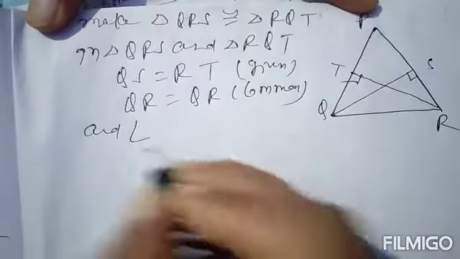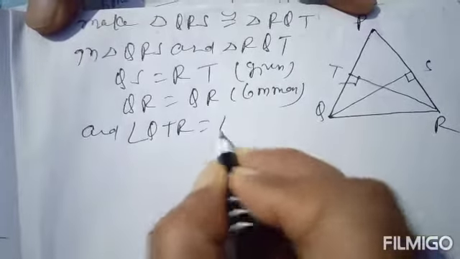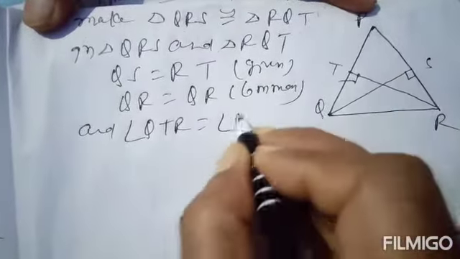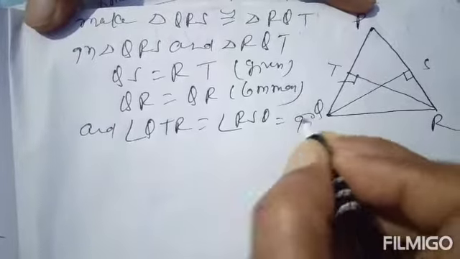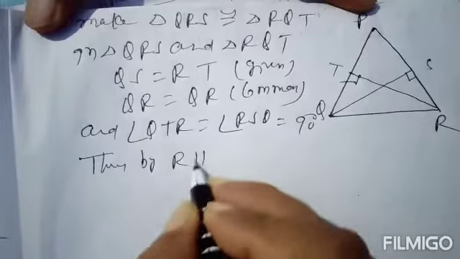And angle QTR is equal to angle RSQ, each equal to 90 degrees. Then by RHS criteria,